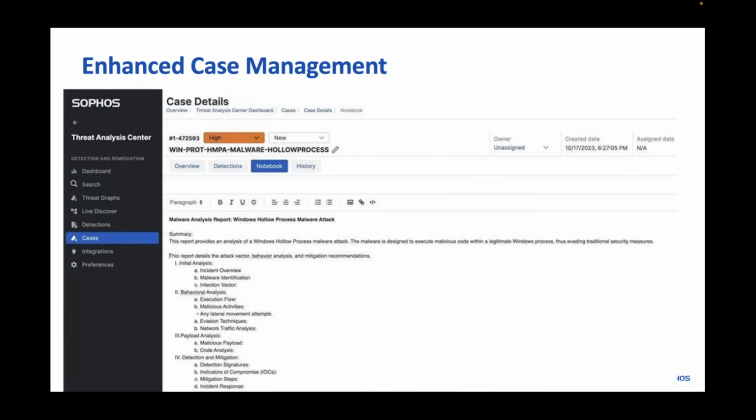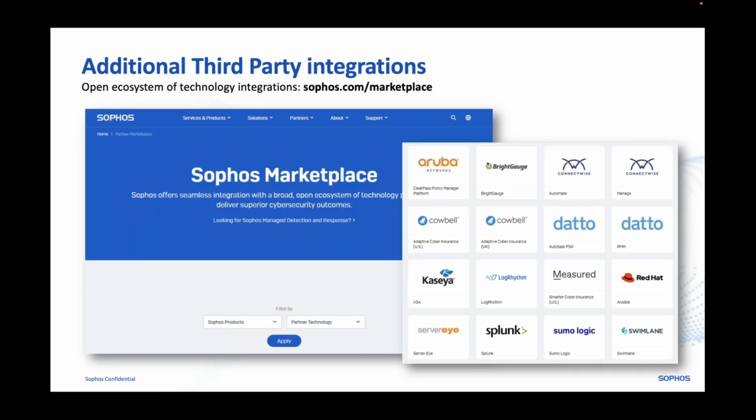So you can see there is a malware analysis report, which again is written in relatively plain English, so it's easy for people who are not maybe dedicated threat hunters to be able to understand exactly what is going on there. You can add notes to these and open a case book and pull telemetry from various different sources when you need to collect those things together.